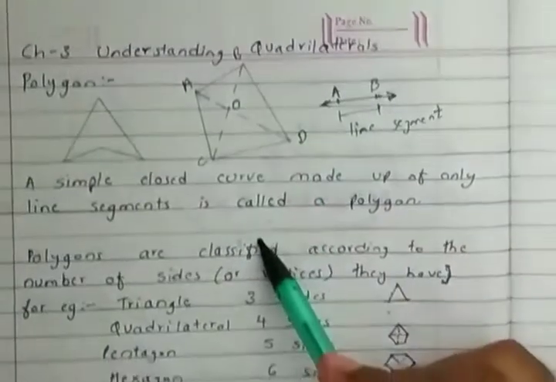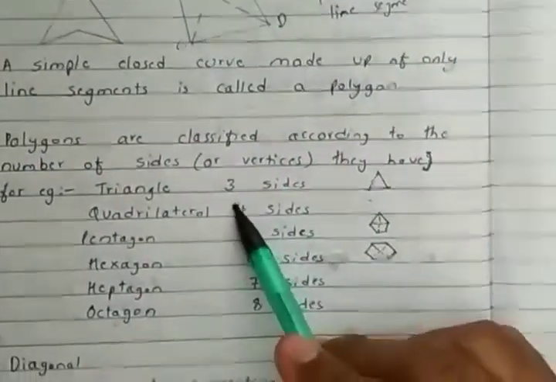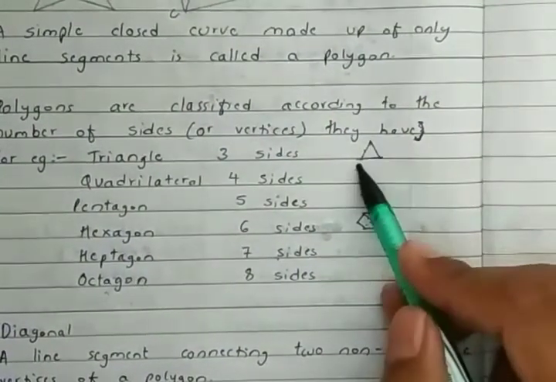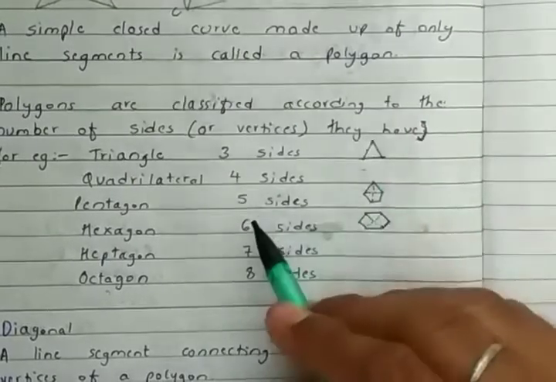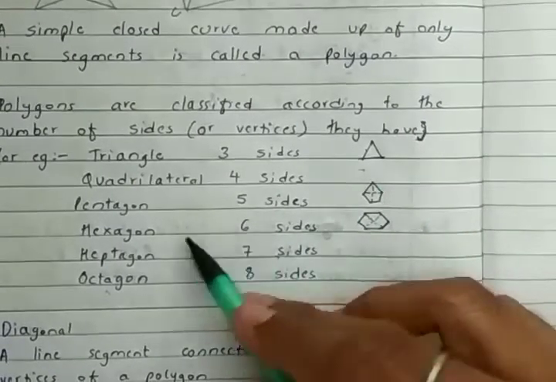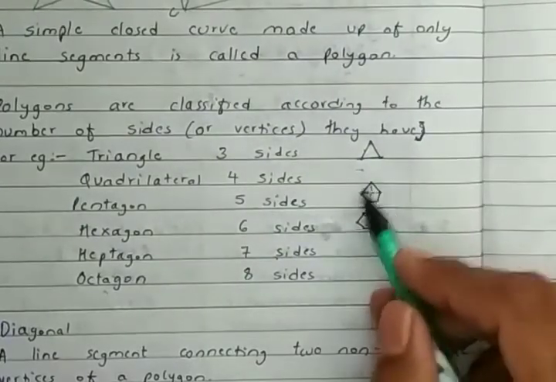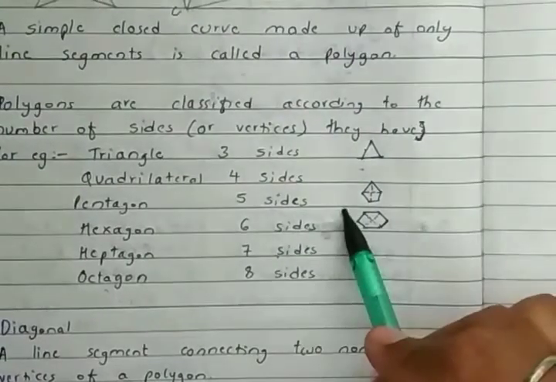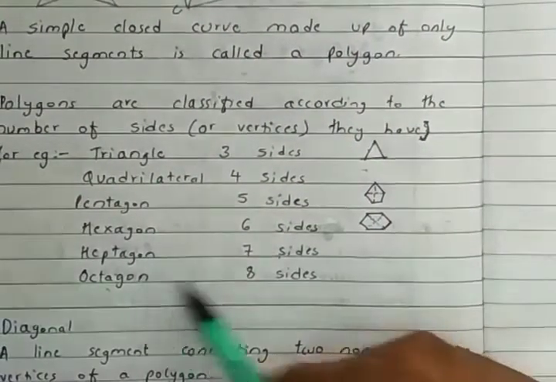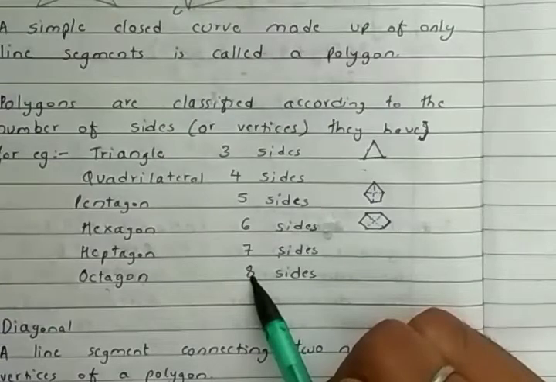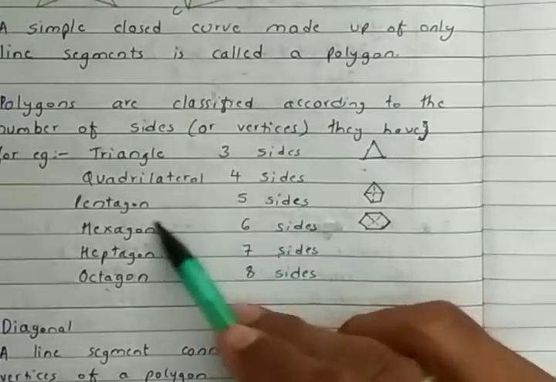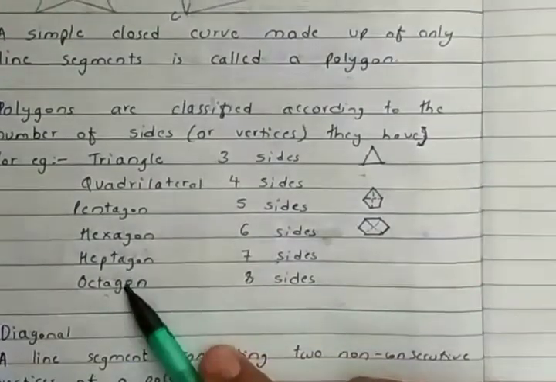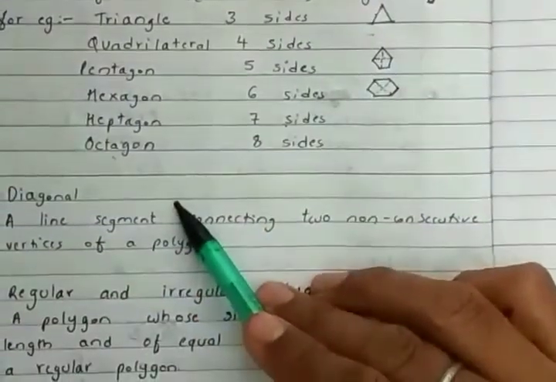And if the polygon has 3 sides, in this case, you see this figure, it is a triangle. It has 1, 2 and 3 sides. Okay. Now pentagon has how many sides? 5 sides. So it is called a pentagon. Hexagon has 6 sides. Heptagon has 7 sides. Octagon has 8 sides. The polygon is classified according to the number of sides or the vertices. You can call it sides or vertices. Okay.